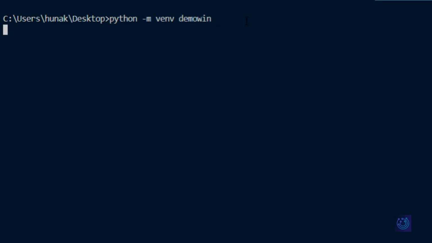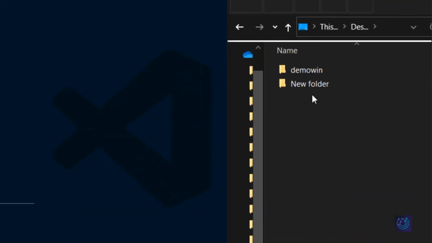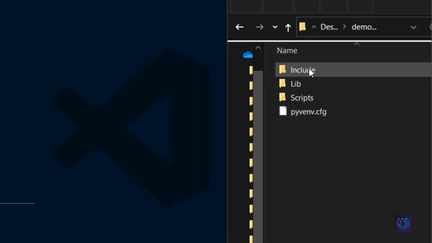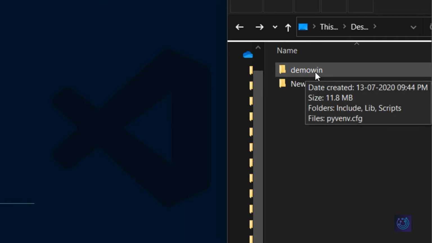We'll just hit enter. Our virtual environment has been successfully created. A folder with the name demo win has been created in our file manager, which has all the libraries and scripts necessary. The Python modules which were pre-installed in the Python we installed in our system have been placed in this folder.